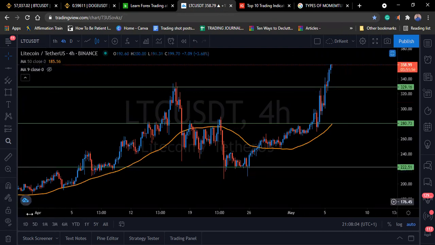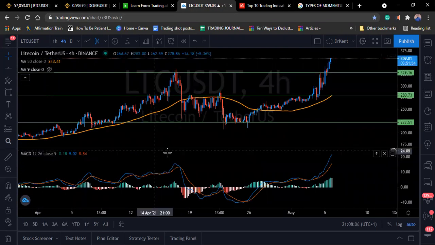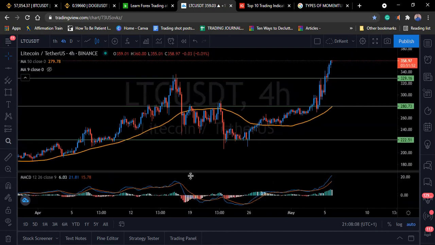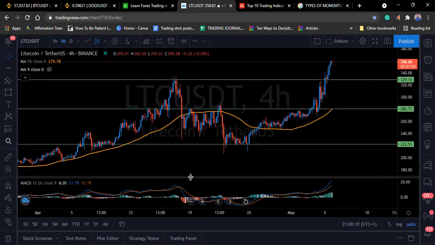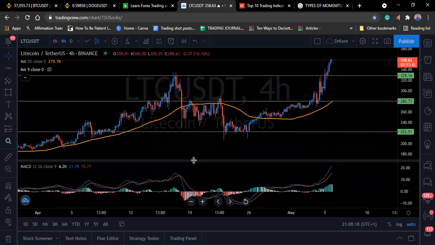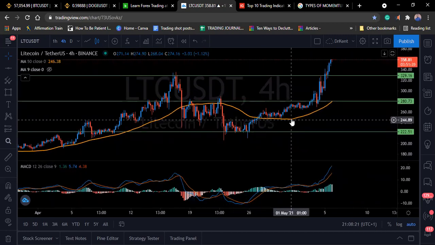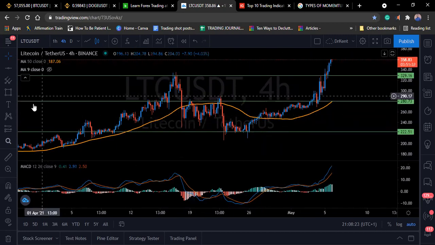Then they have an oscillator. So their strategy is simple. We are buying support and resistance in the direction of the trend, but we're only buying a support if that support is above our baseline. For example,